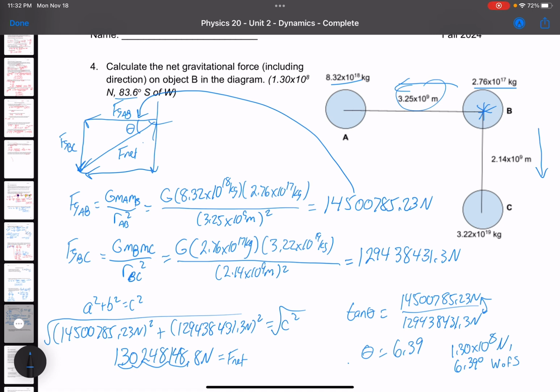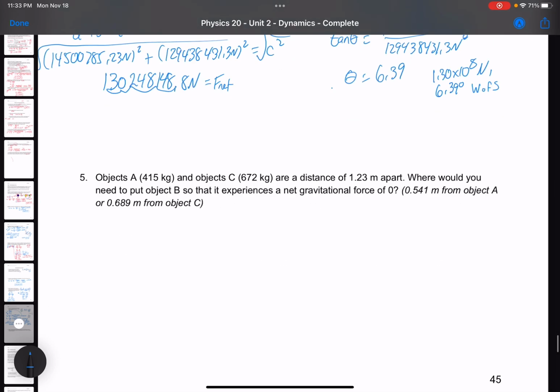Okay, so that's what I get for talking up my organization and then not writing a formula down. You can see if you go tan theta, and then you actually do FG of BC divided by FG of AB, and then you look for those amounts, there'd be fewer mistakes made. So that's what you get for skipping steps. It happens to the best of us. All right,